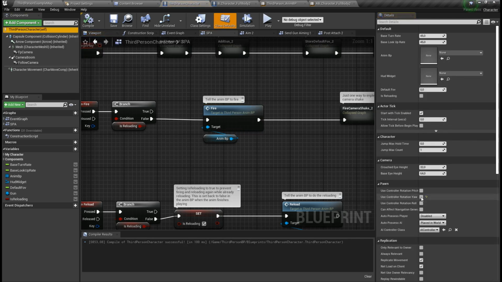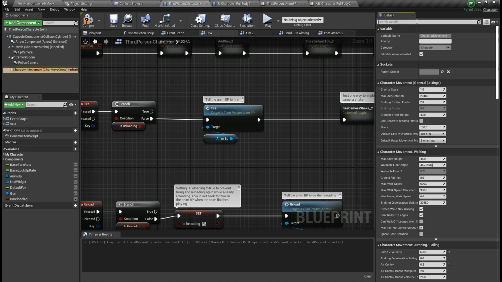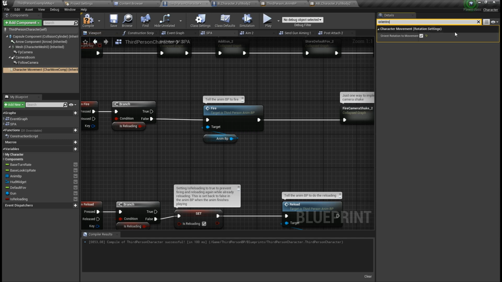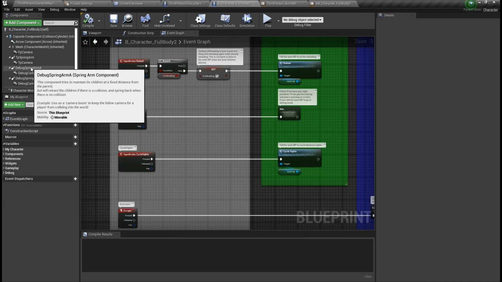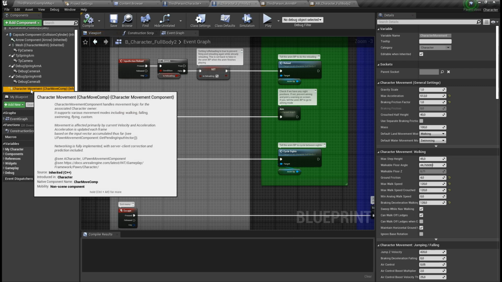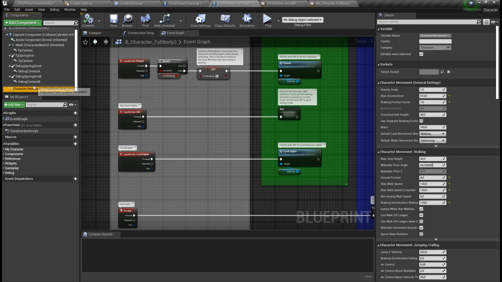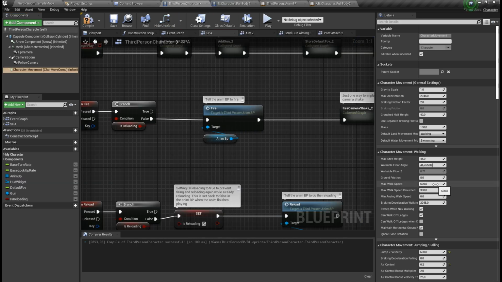We also should enable use controller rotation yaw and disable orient rotation to movement. I'm going to change the walk speed of the character so it matches the walk speed of the migrated character. You can use different walk speeds if you want, but in that case you should also change the